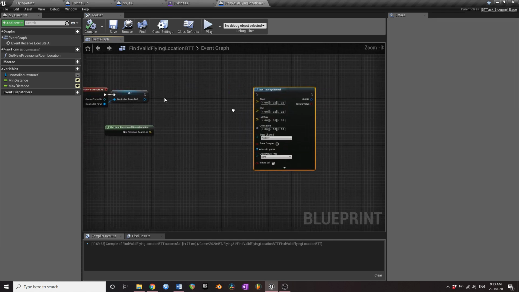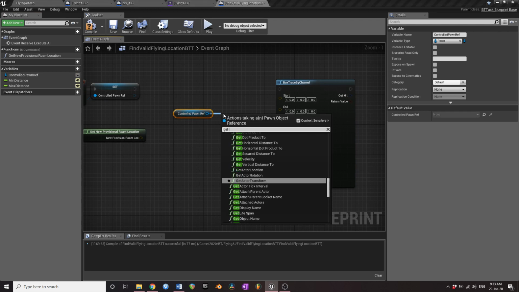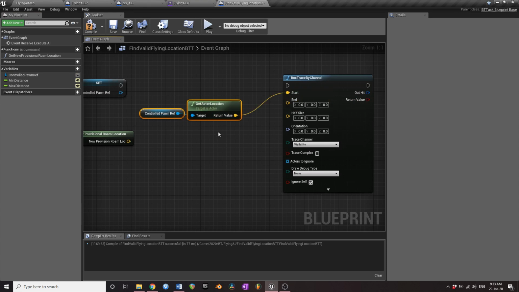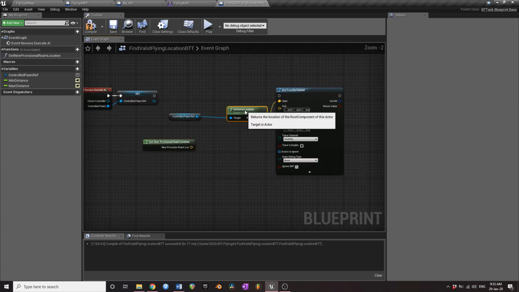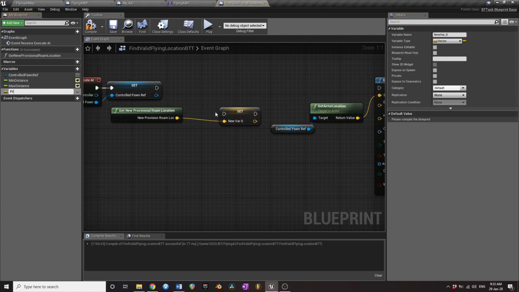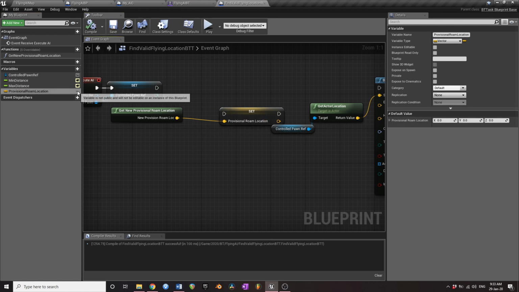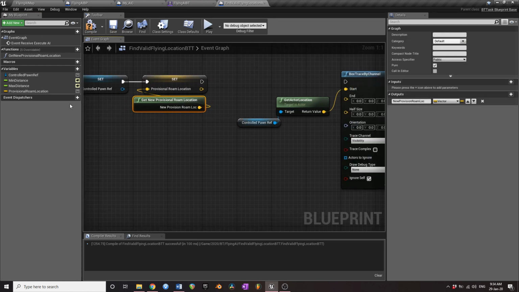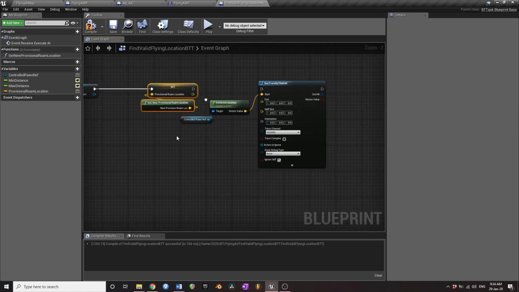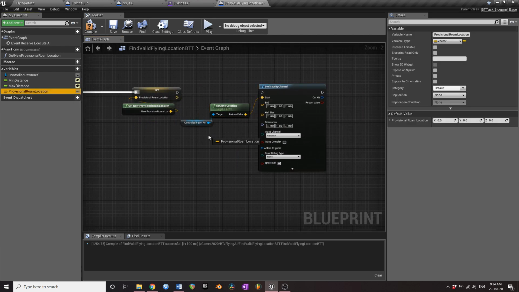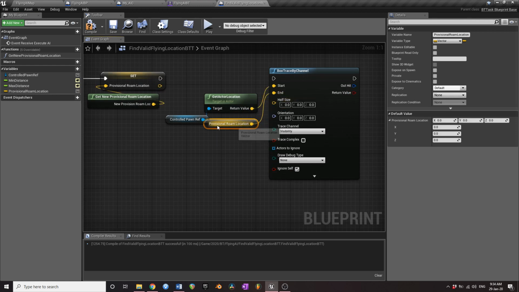So let's do this box trace. So the starting point, we'll say get actor location. The end point will be our new provisional roam location, which what we might do is we might promote that to a variable actually. Provisional roam location. And we don't want to make that public because we're not toggling that at all. This is just a completely internal variable. So that can go there like that. So that's provisional roam location, which we might actually just drag over a little bit. Oopsie daisies. And then if we drag that in here and set that to the end point like that,